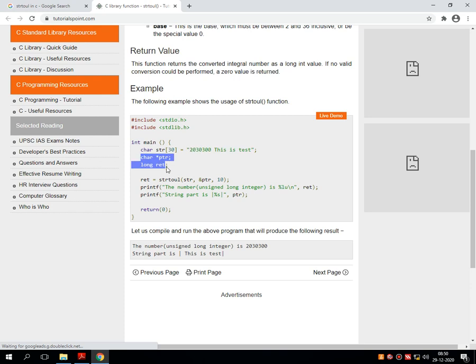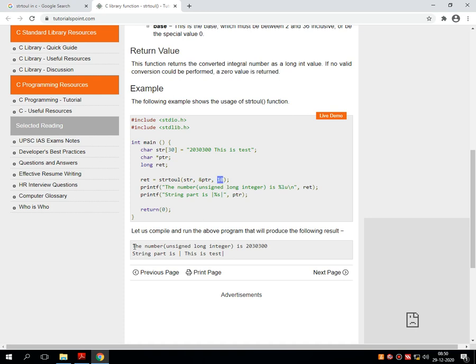Then there are two more variables, like value and return. Then I have written return equals strtoul. I have passed my original string. Then I have specified the end of the string, that is the comma, and the base is 10.